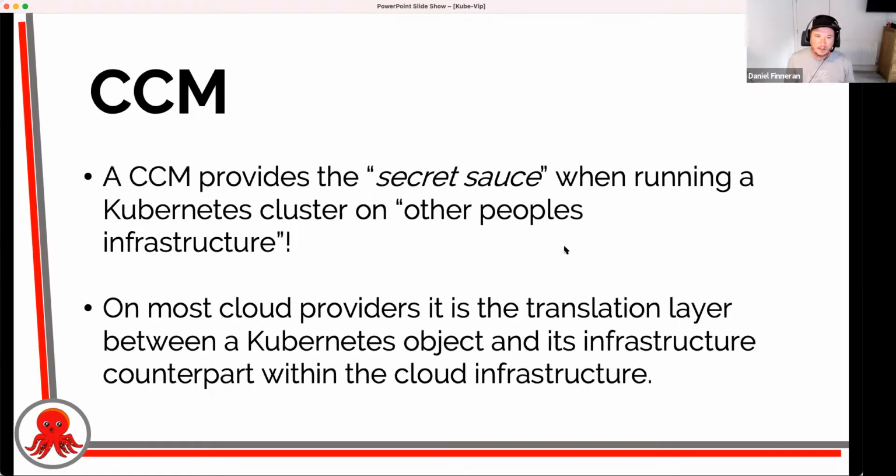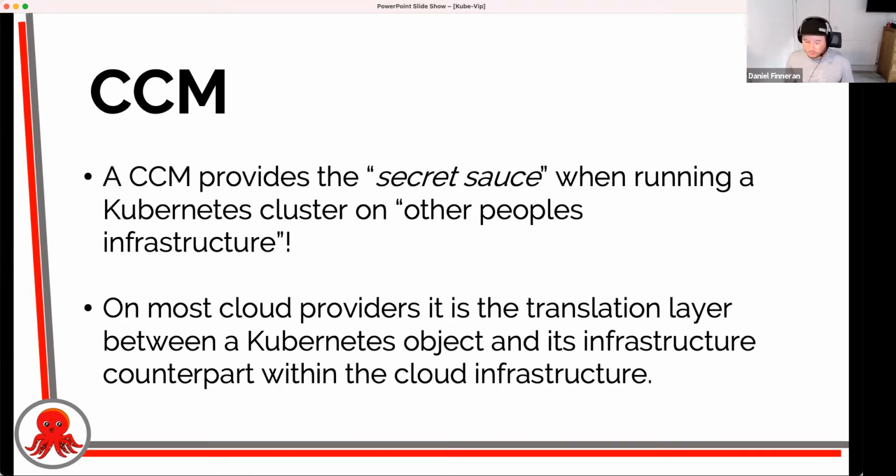So what do they do? What's the relation here? A CCM is effectively the secret sauce for your infrastructure. If you're on AWS, then your CCM, or your cloud provider, its role is effectively being able to speak to the AWS infrastructure and get information that is relevant to the Kubernetes cluster. So if you do a kubectl expose inside AWS, the CCM inside Amazon, for instance, its role is to get you an ELB address and write that into the Kubernetes API object.